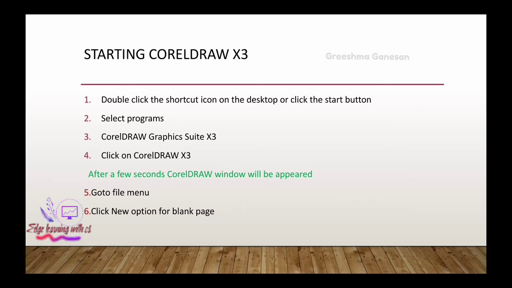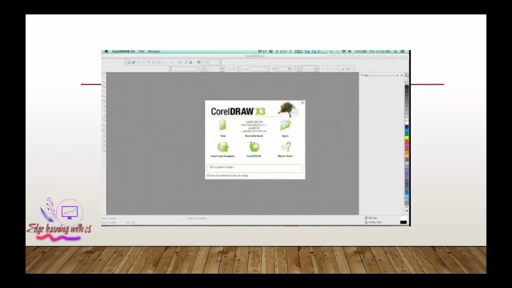Then you have to go to the new option available there. You can also make use of the file menu available on the left top. In the menu bar you can see the option file, and from there you can choose the new option. Otherwise you can choose the new option from this area also.